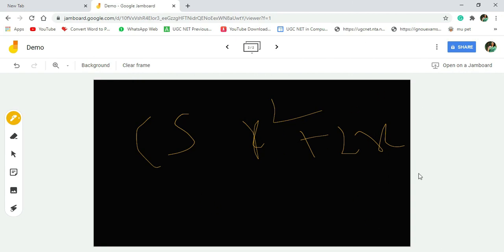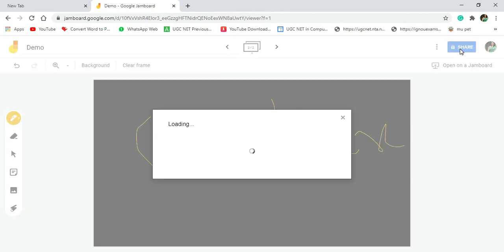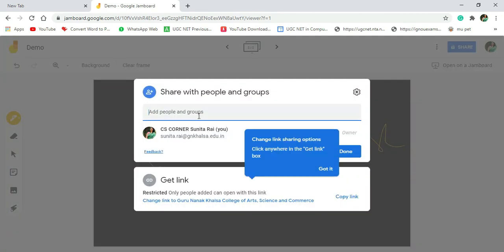So to share with your students, you can just click over here on share, and then you get an option for adding a particular name, or you can copy the link and share it onto your classroom so that all students can collaborate over here.